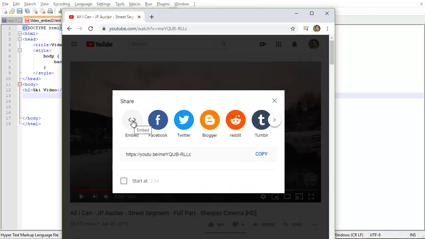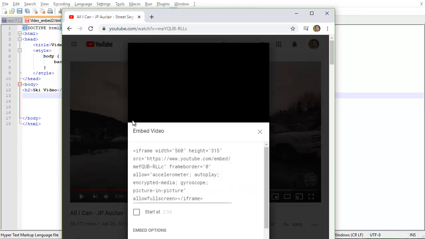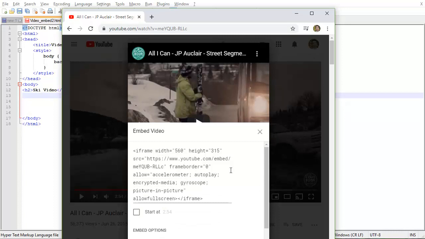And right here, first option there is the embed code, and it's got the little brackets because it's talking about HTML. It says here's the HTML code that you can use for your web page if you're building a web page, which we are. So it's an iframe tag. See, opening tag, but then it's got a bunch of attributes inside. The width and height of the video, which I can of course change and make it different. The source, okay, this is the URL that I could copy from up here,